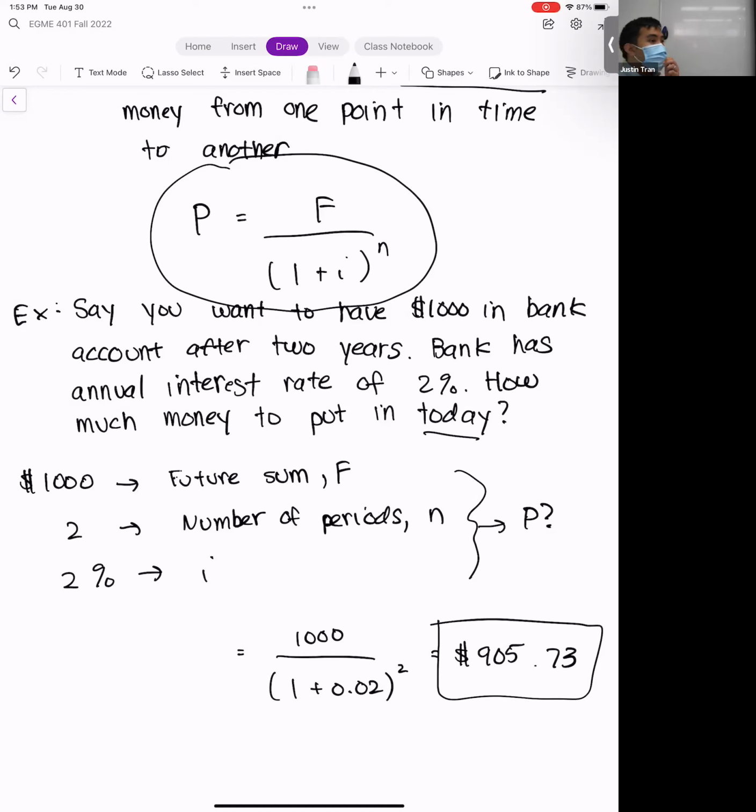Okay, any questions on this? So this type of calculation here is useful for retirement planning. So for a lot of people that have retirement plans as part of the job compensation, 401ks, pensions, right? A lot of times you're looking to hit a certain number, okay? And so you're hoping to get a certain amount of money in your retirement account by the time you retire. Okay? And so financial analysts that work at these banks, they say, okay, based on the number that you hope to have in your account by the time you retire at 65, 66, whatever, this is the amount of money that you should be putting away each month. And so they run a very similar calculation to this.